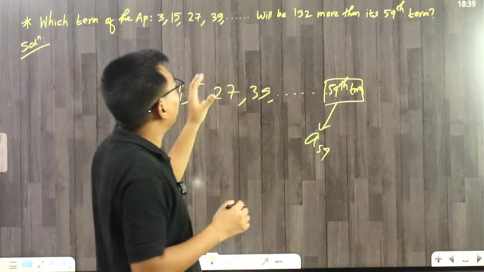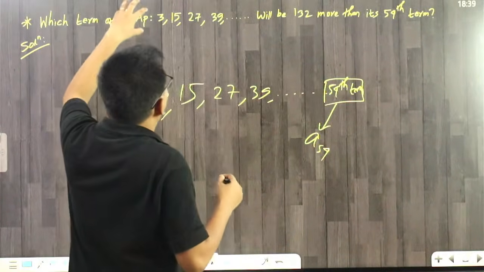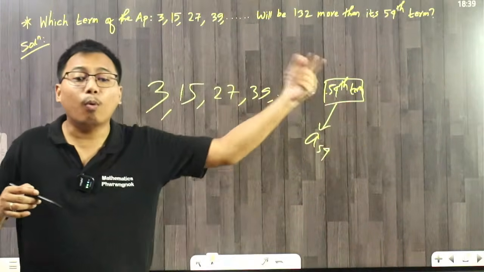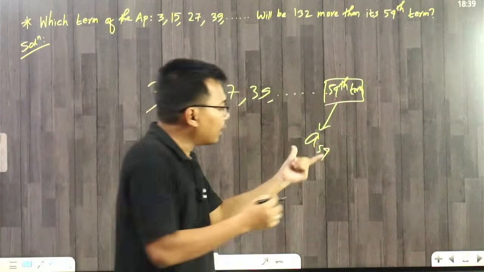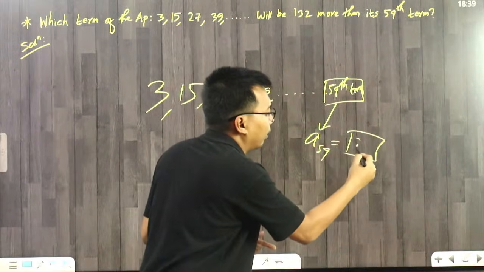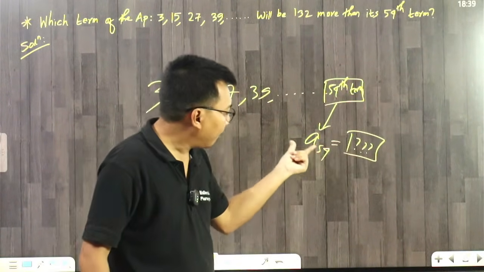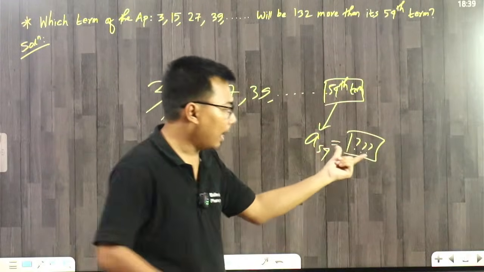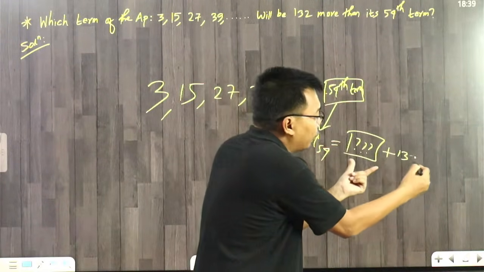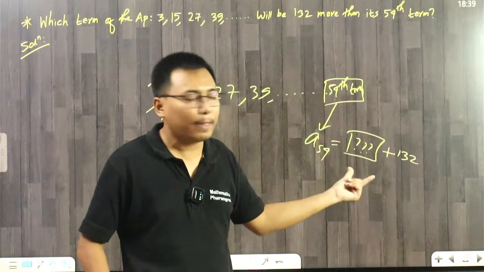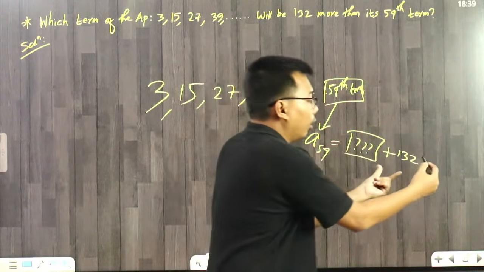Now, which term of the AP will be 132 more than its 54th term? This 54th term will be some number. We do not know yet. Now, if we add 132 to this 54th term,